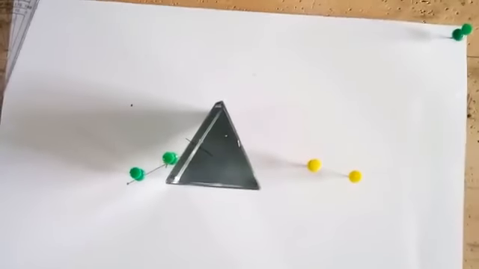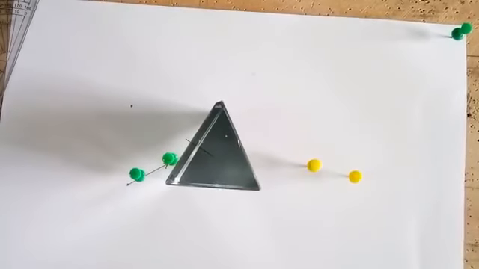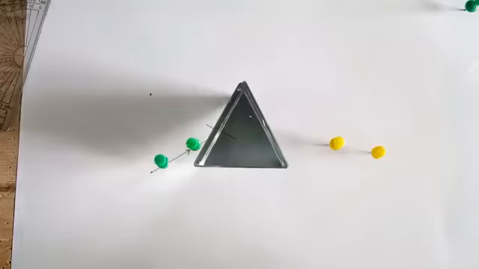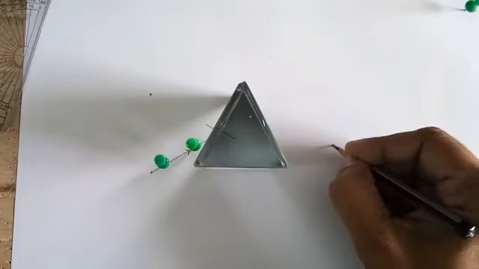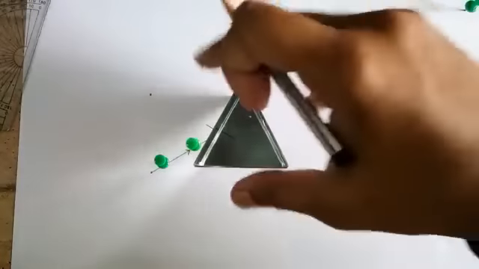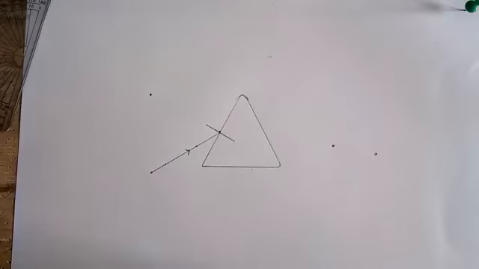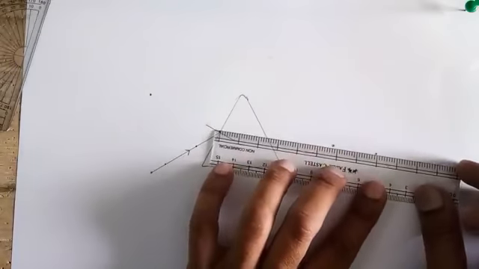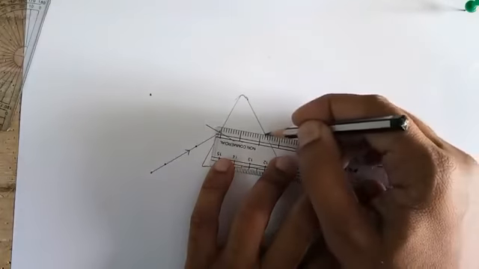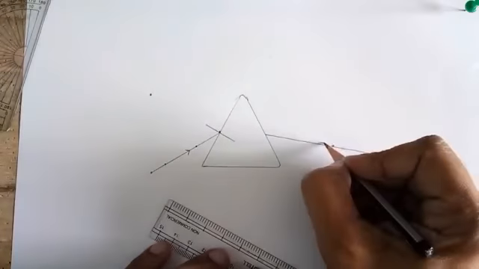Now what we are going to do is mark these two places. So I am going to remove these pins. Now we'll put the prism aside. Now no need of these pins also. These 2 points, join with a straight line over here. This will be your emergent ray,